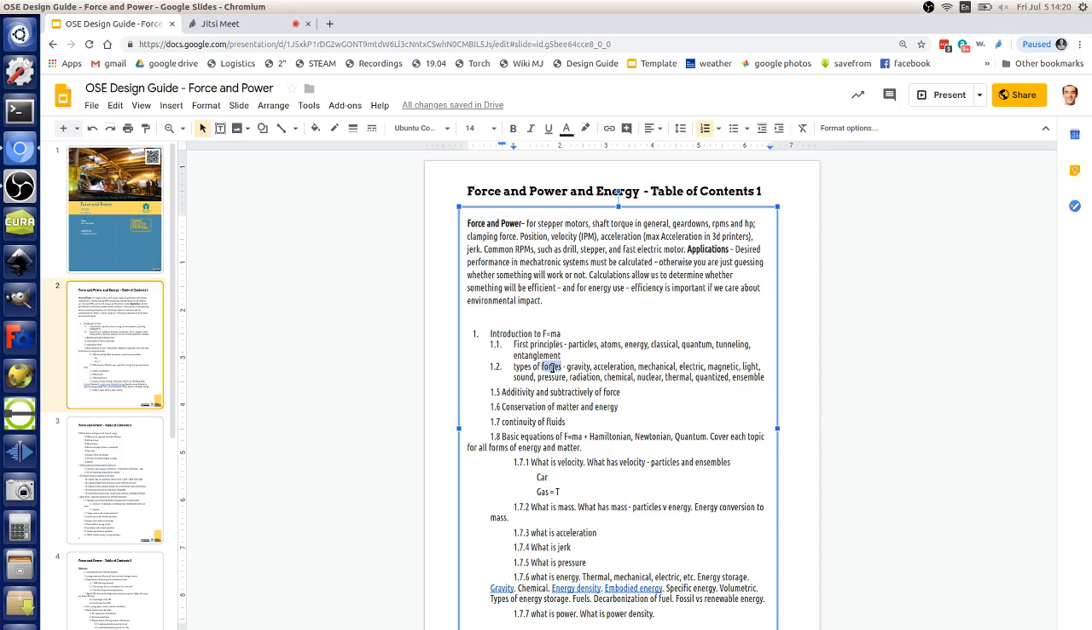Basics. What are the kind of forces that are out there? Besides just mechanical force, there are other types of forces that come from gravity, from acceleration, which are mechanical forces. Forces that come from electricity, from magnetism, from light, sound. There's pressure, radiation. There's chemical forces, like how individual molecules can react with one another. There are nuclear forces, thermal,